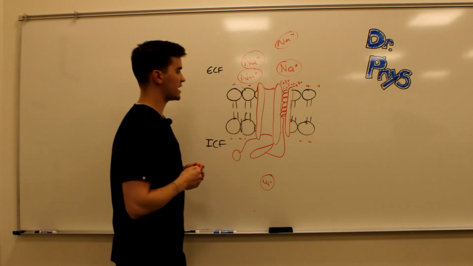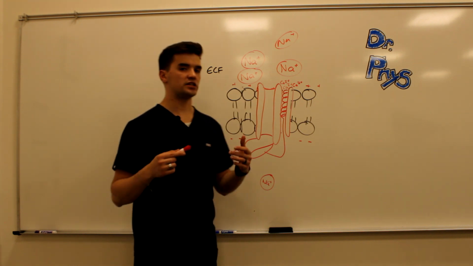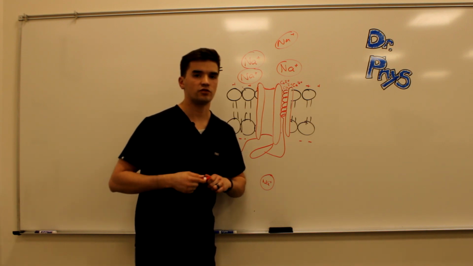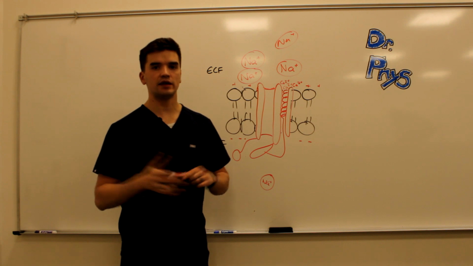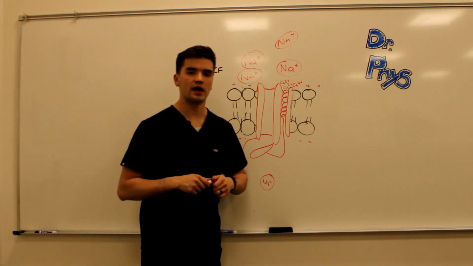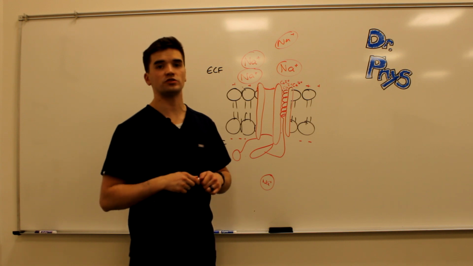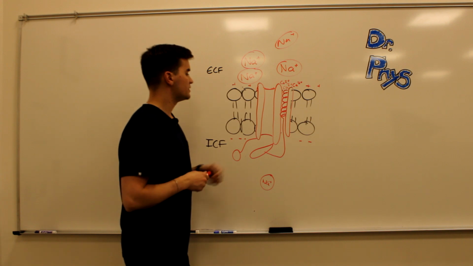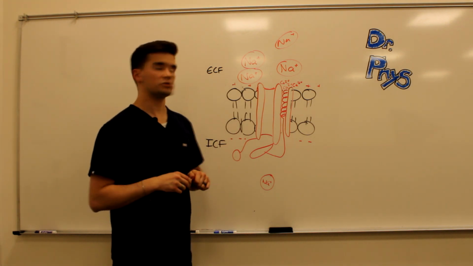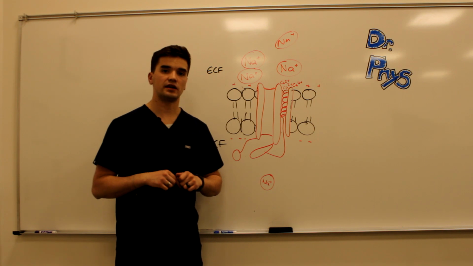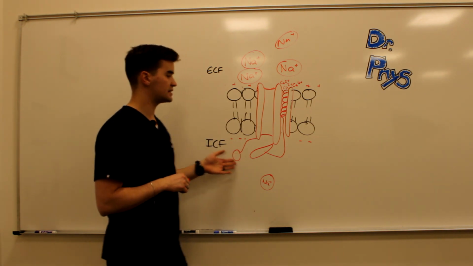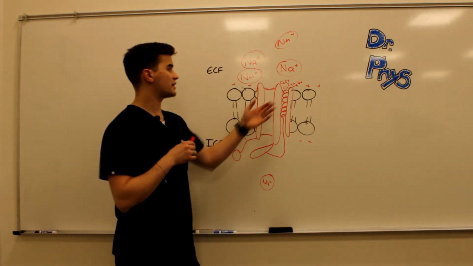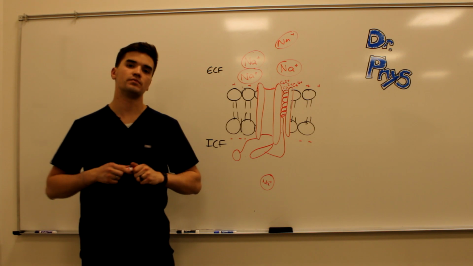So let's talk about what the voltage-gated channel is. Voltage-gated channels typically are specific, at least the ones that we've talked about thus far. We have potassium voltage-gated channels and sodium voltage-gated channels. We'll talk about a sodium voltage-gated channel. This channel doesn't require energy, but it does require this electrical gradient. The way this channel is set up, it has an activation gate at the bottom, it has an inactivation gate, and it has a spring-loaded protein that is controlled by the amount of calcium that's on the outside of